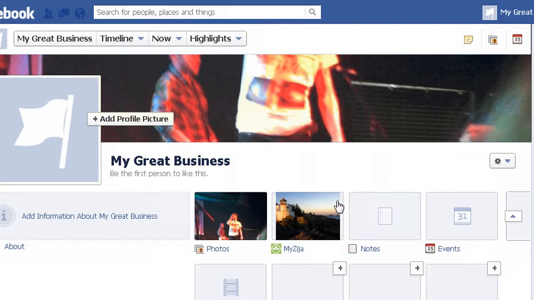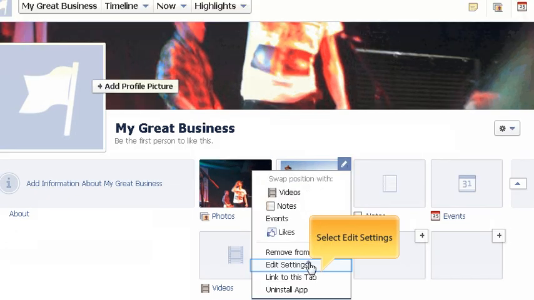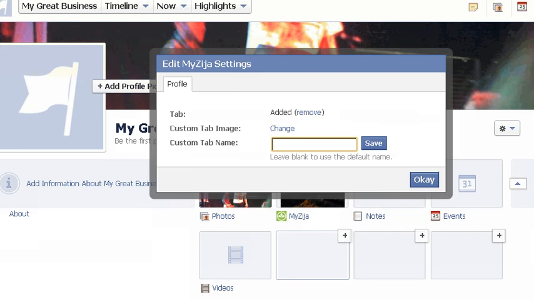To do this, we go back again to the upper right hand corner. We see this pencil icon. We're going to click on that. Our drop-down menu shows up. We go back to the Edit Settings button, and here it says Custom Tab Name. That's the third option, and there's a little form field right next to it. In this instance, let's say we set it as Lighthouse. Okay, I'm going to type in Lighthouse, click Save,